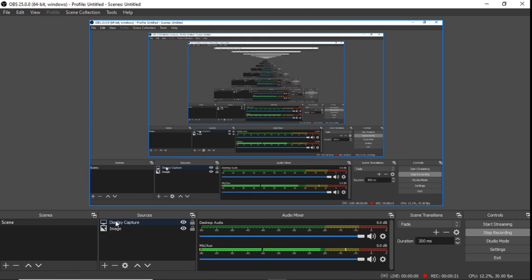So I'm going to show you how an image could be added. When I click on image, you could see that it is getting enabled. Now I'm going to click on this up arrow. What I'm trying to do here is that I have enabled display capture on the top, right? Meaning display capture is given the priority, and that is why you are not looking at the image source which is right behind it. Virtually we are not able to see it, but it is there.